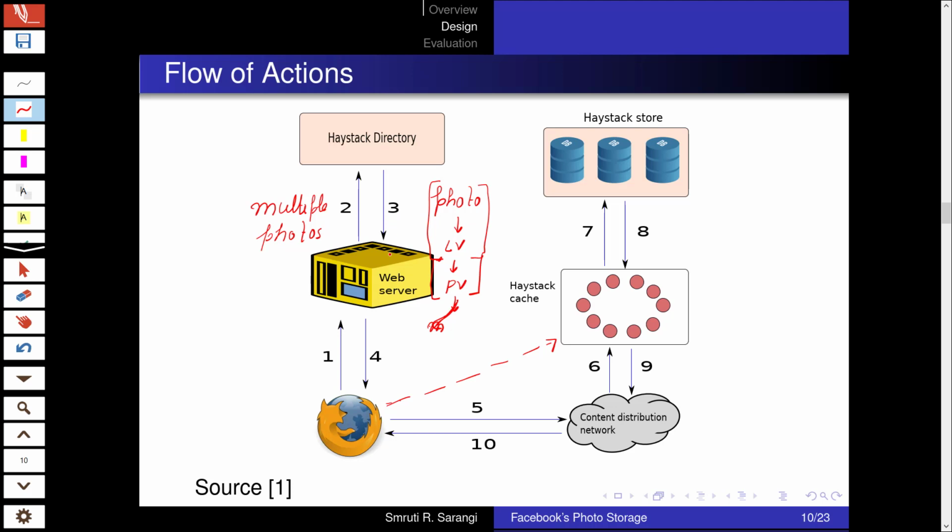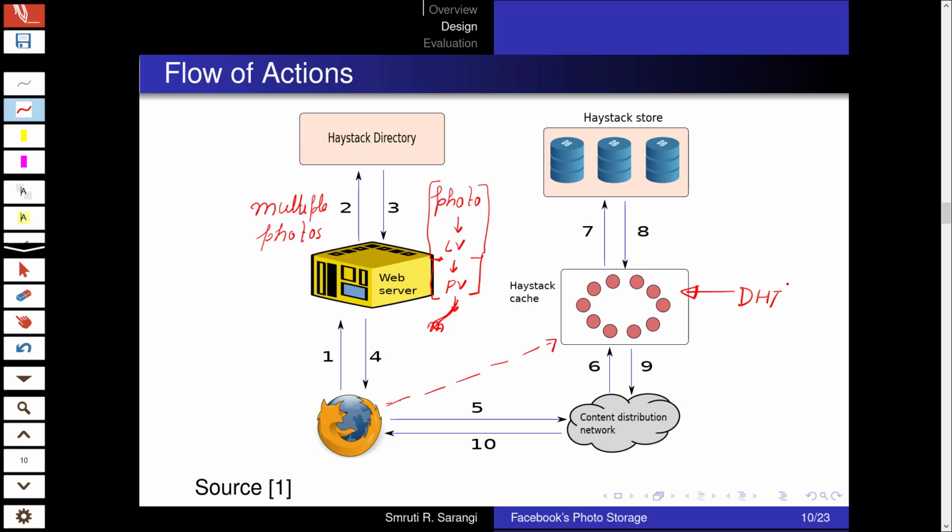The user's browser can then send it to the CDN. If the CDN has the photo, then it will of course send it back. Otherwise, the CDN will send the request to the Haystack cache. The Haystack cache, as you can see from the structure, is organized like a DHT.